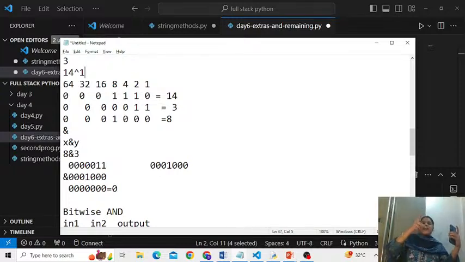Understood? Either it reduces by 1 or it increases by 1. Like it becomes 13 or it becomes 15. You understand my point here, right? If it becomes 13, that means yes, it's an even number because it got reduced by 1. And if it becomes 15, maybe it's an odd number because it got increased by 1. I hope you got my point. So this is one example of a binary operation that helps us save from any other operation which would otherwise during runtime have taken a heavy toll on performance. Is that example clear?